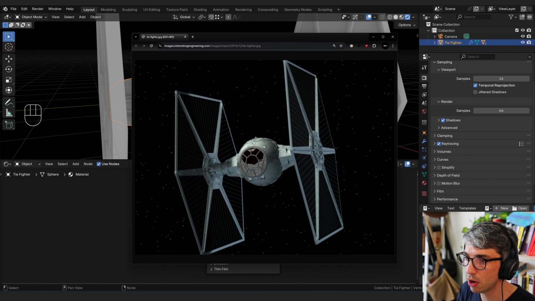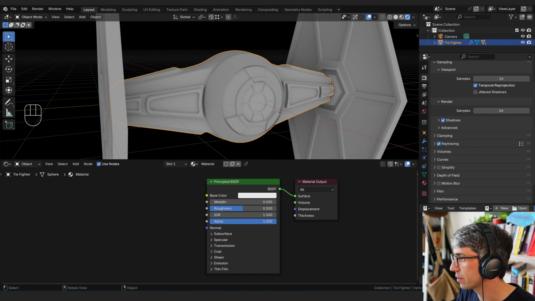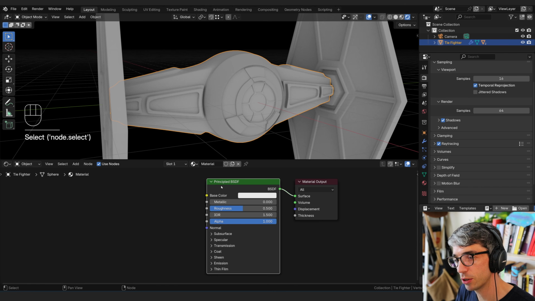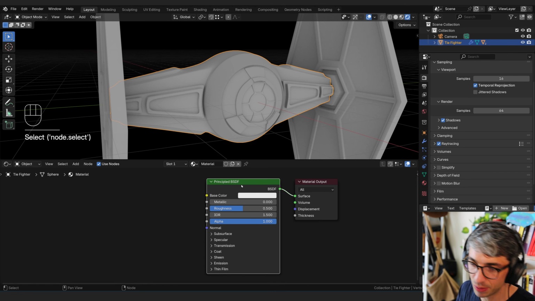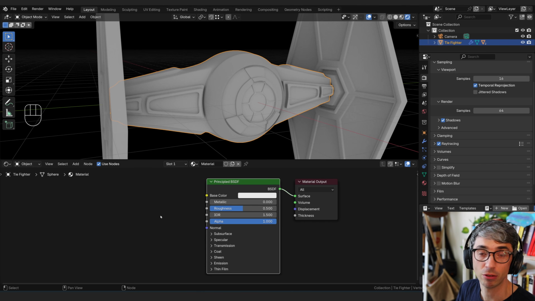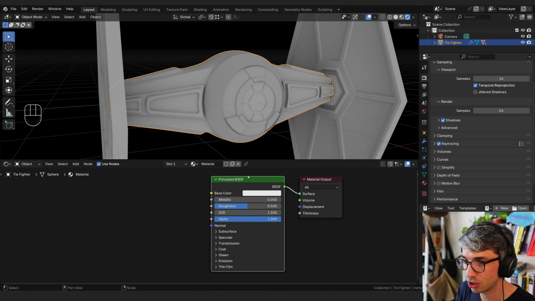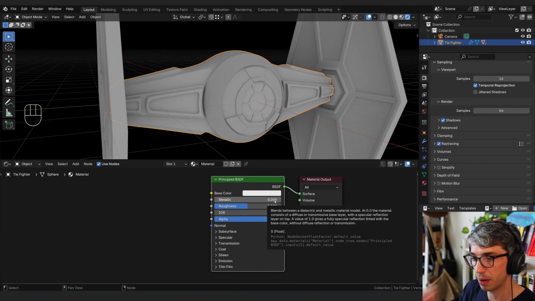We're going to start off with this gray, this sort of gray metal that makes up most of it. I'll bring this over to my other monitor so I can reference it. And what we're going to do is use the base color, the first part of the principled BSDF. Now, what is a principled BSDF? We should talk about that. This is a shader node. There's all kinds of shader nodes, and the principled BSDF is the default, the main one. It's really the one you'll use. So let's go ahead and take the